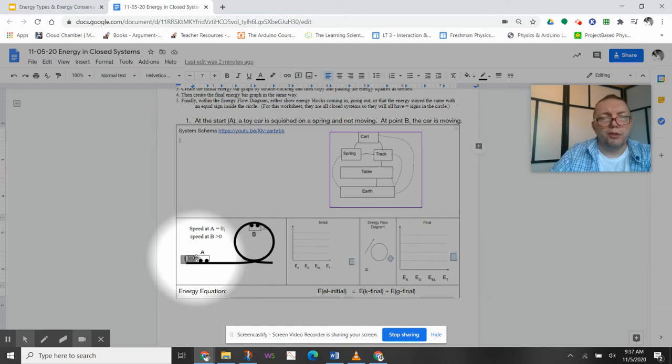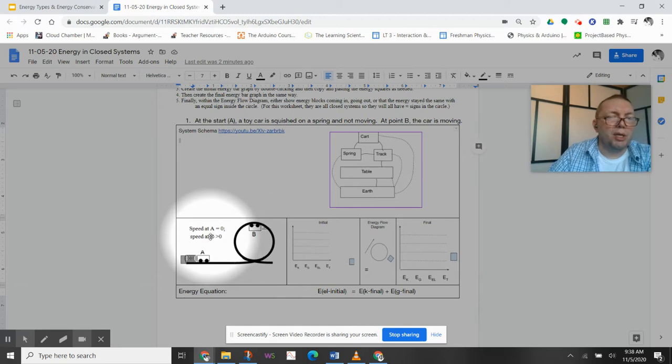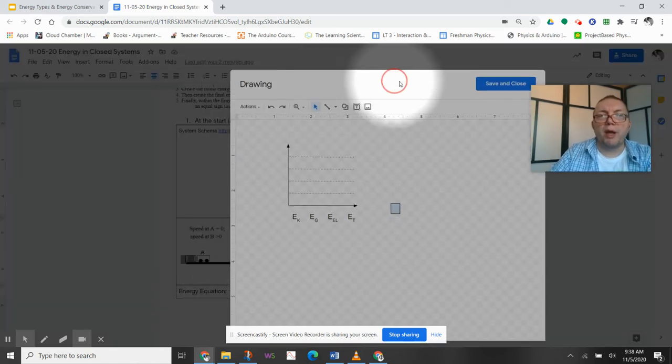Then the spring is released and pushes the car up, and at position B it's obviously got a greater height. The little cartoon squigglies tell us it's moving. The speed at B is greater than 0. They tell us that there, and they also tell us up above. So when I look at these energy bar charts, this is really just a way of keeping track of which